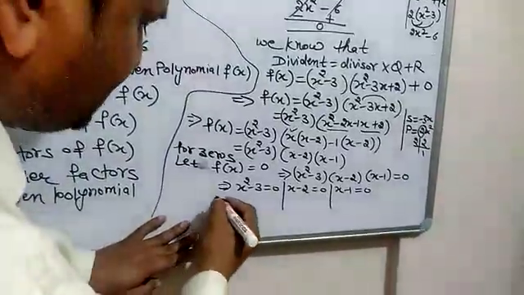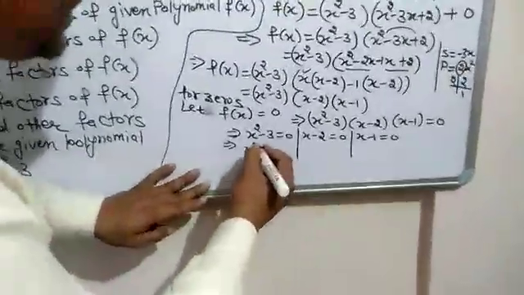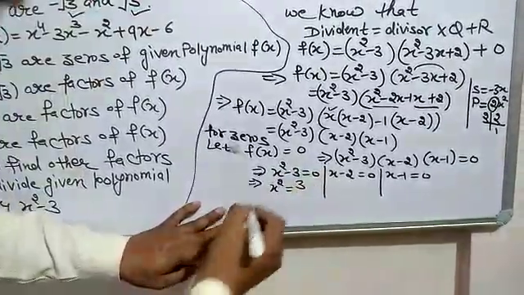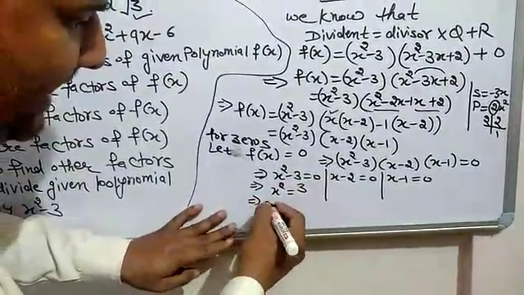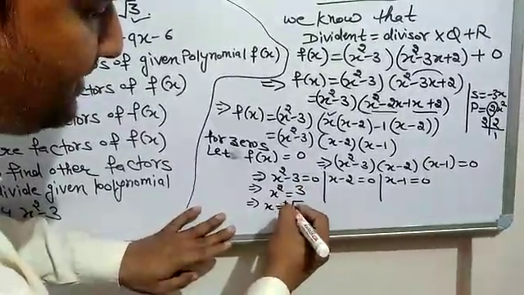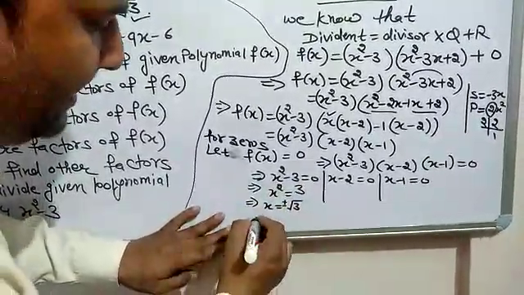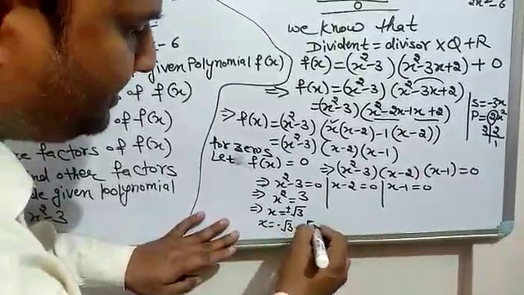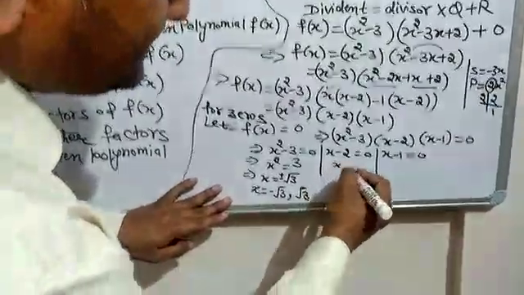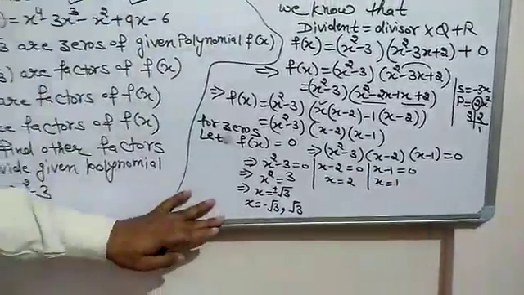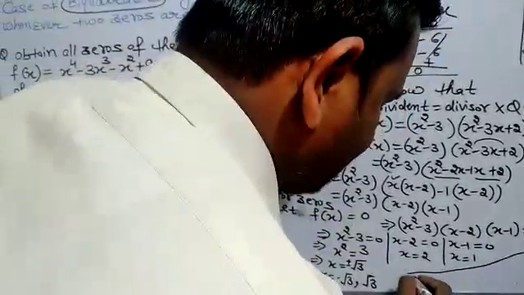See, students, here carefully, x square is equal to what? This minus 3 goes to the other side and becomes plus 3. So let it be solved very first. x is equal to what? We know that when it goes to the other side, it becomes plus minus root 3. And we can write this as equal to minus root 3 comma plus root 3. So here we are, x is equal to 2, students, and x is equal to 1, students.